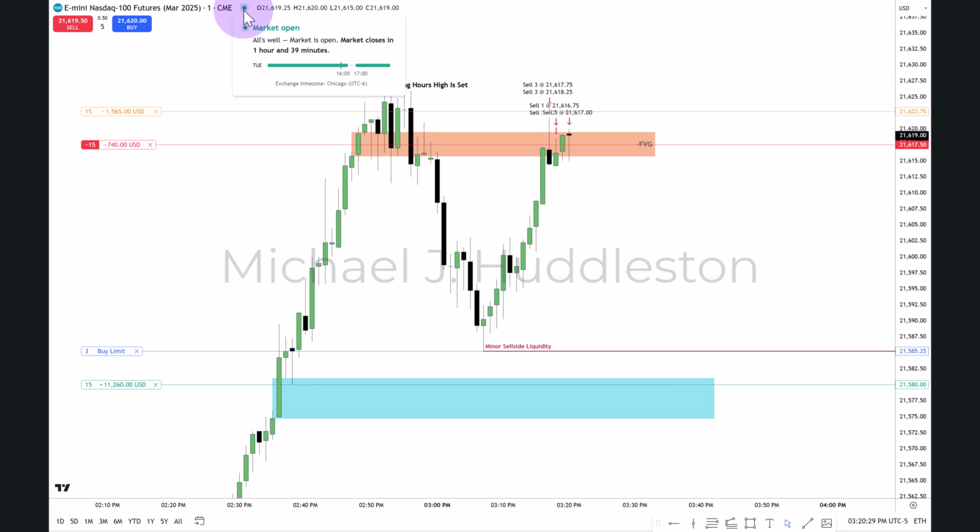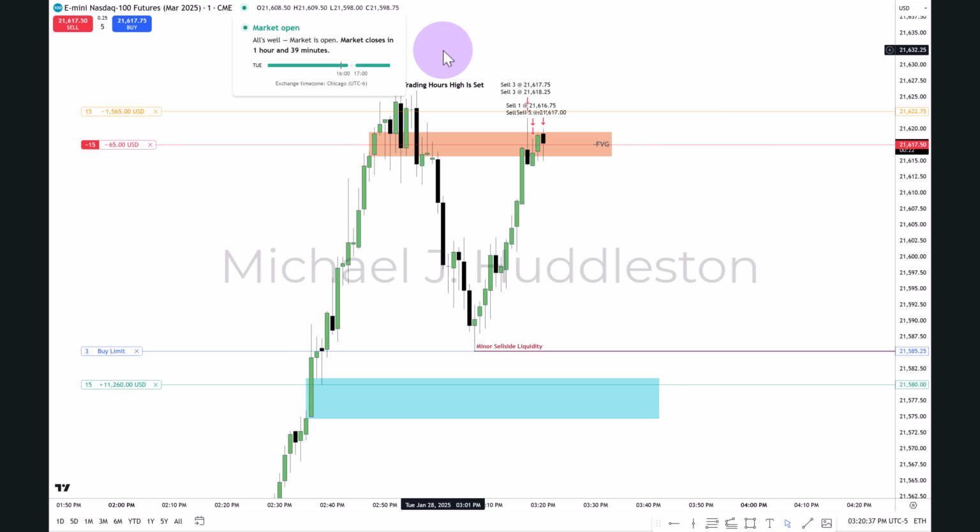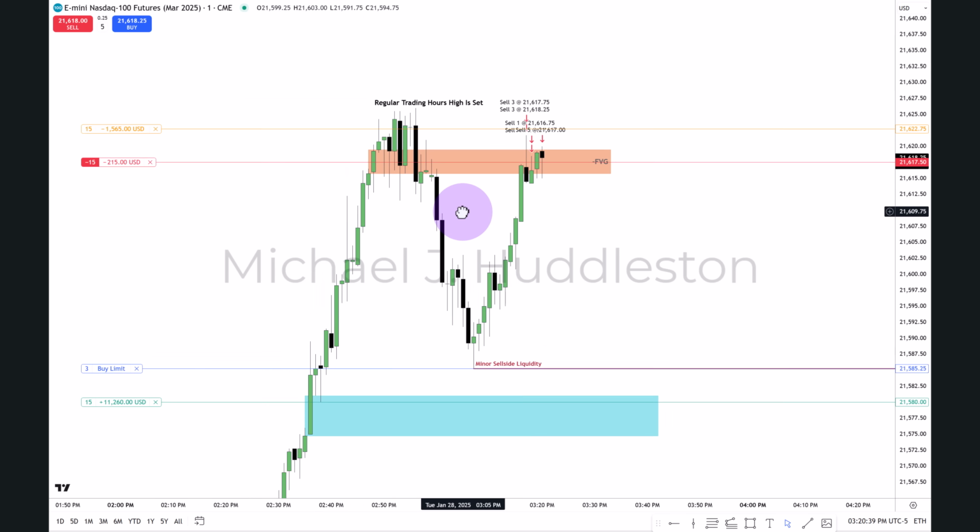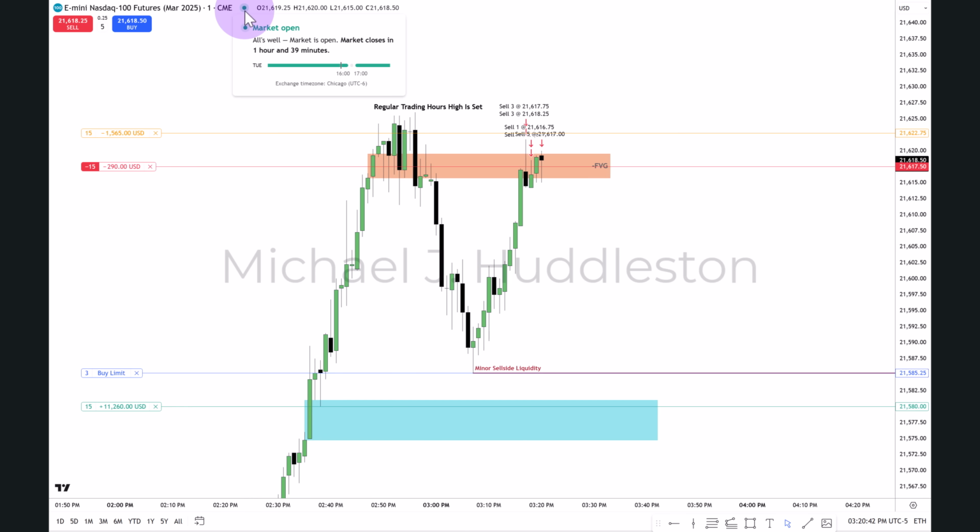I want to try to keep the bottom of the range showing as much as I can. Let me scrunch this up a little bit. Bring it down here. That should be good. Yeah. All right. So notice I'm shorting inside of that former bullish buy side imbalance, sell side efficiency fair value